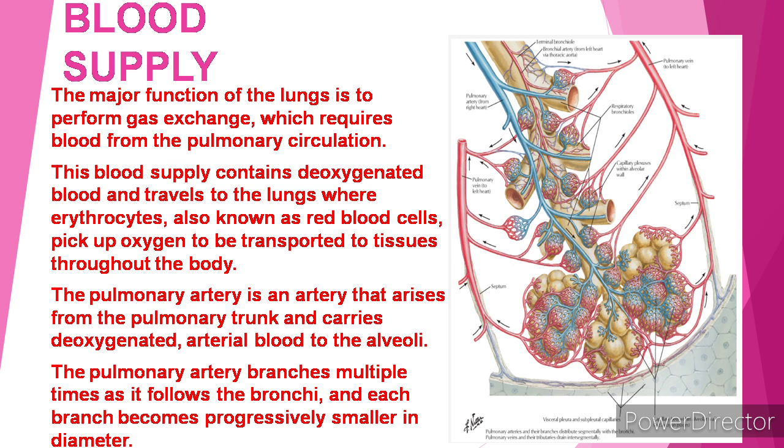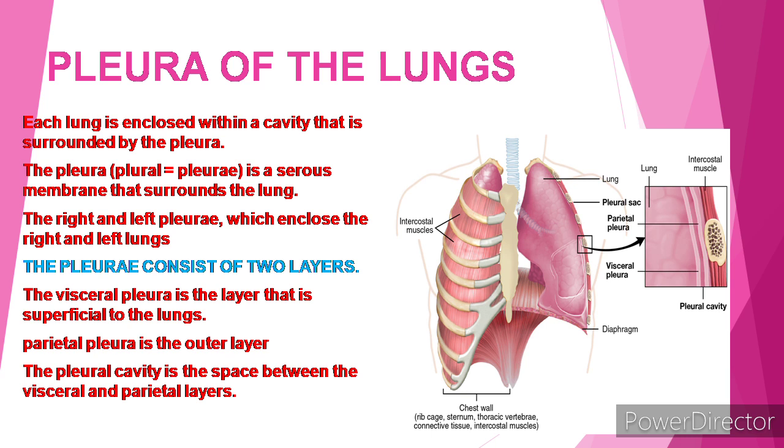The pulmonary arteries become the pulmonary capillary network, which consists of tiny vessels with very thin walls that lack smooth muscle fibers, and the capillaries branch and follow the bronchioles and the structure of the alveoli. It is at this point that the capillary wall meets the alveolar wall, creating the respiratory membrane. Once the blood is oxygenated, it drains from the alveoli by way of multiple pulmonary veins, which exit the lungs through the hilum. Now we come to the pleura of the lungs.